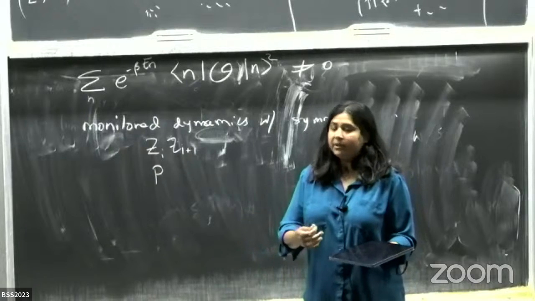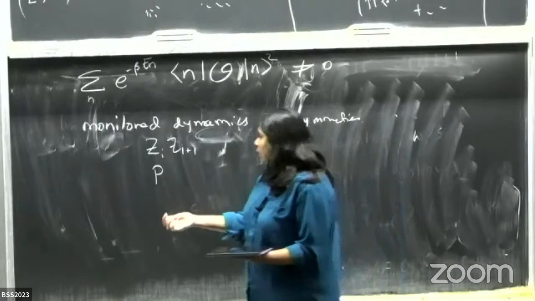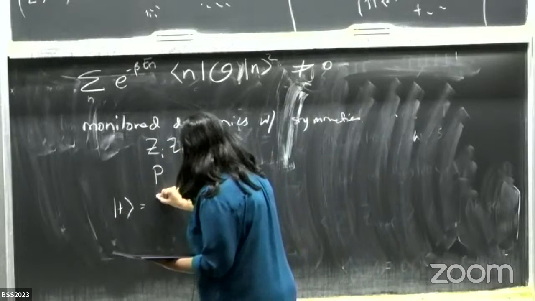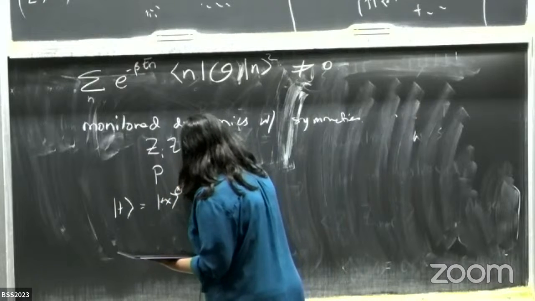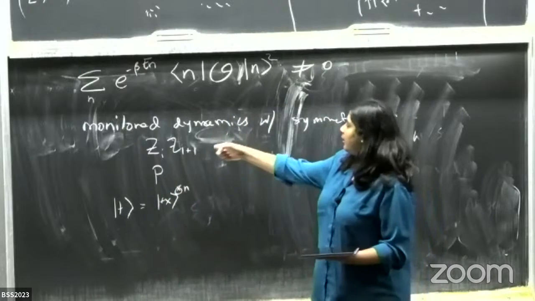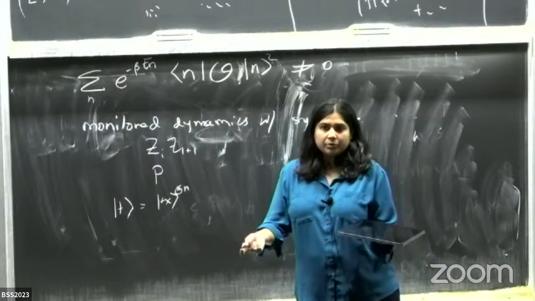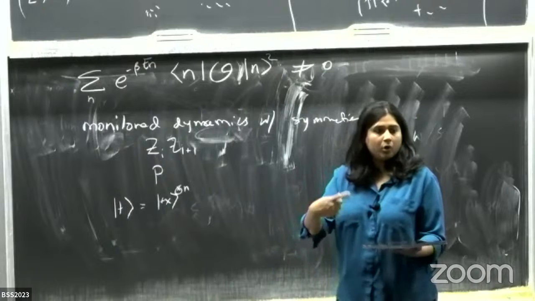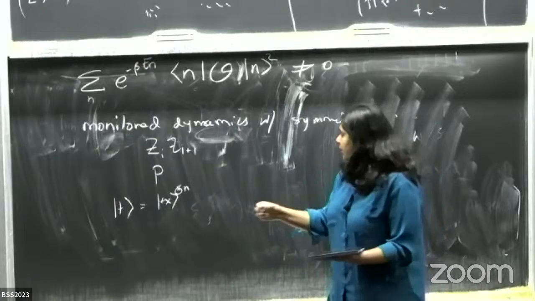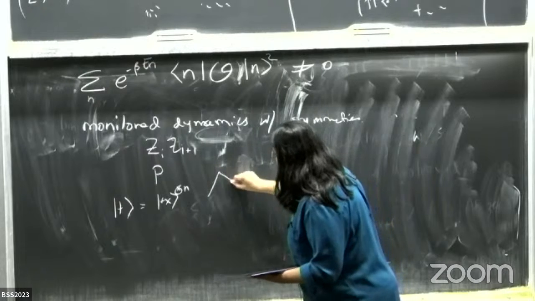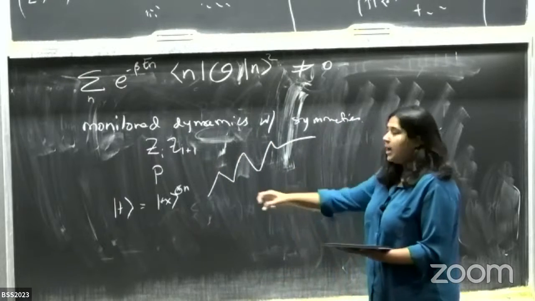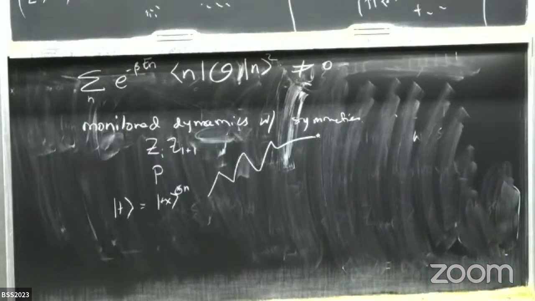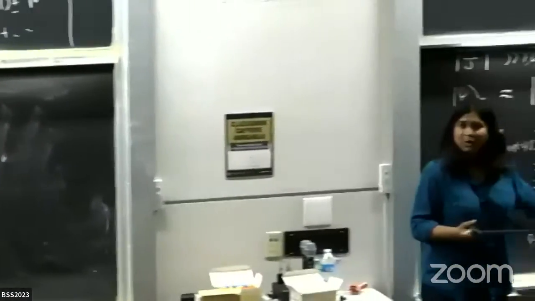And in monitored dynamics, with these Z2 symmetries, what you can do is start with an Ising even product state, which is plus X everywhere. And then you can go in and randomly measure these ZZ stabilizers. All of them commute with the Ising state that you started with, so you're not going to change that quantum number. But by doing those measurements, you're going to pick out some trajectory. And that trajectory that you pick out is exactly one of the eigenstates of this disordered Ising model at H